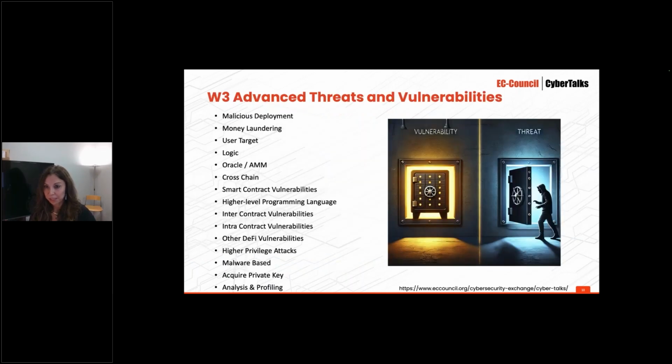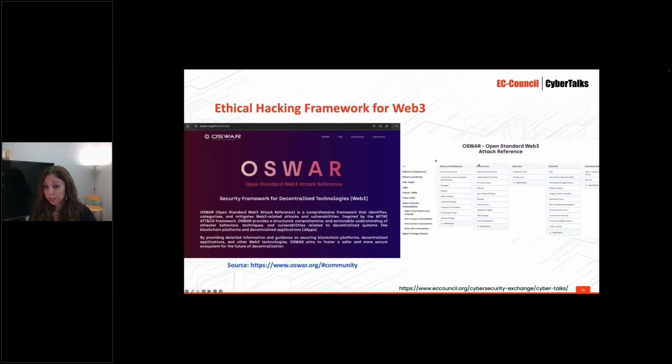Well, starting with vulnerabilities, and then the threats are acted on by threat actors. And so you can search on this tool, you can search for something like show me money laundering, and it will only highlight on the attack reference the areas that you should be looking for, the execution,